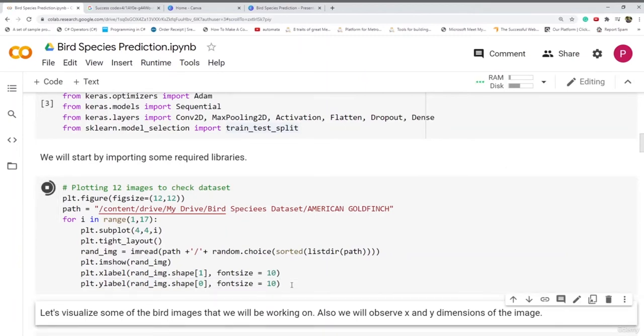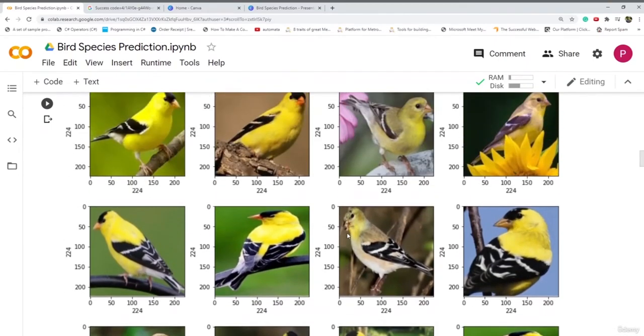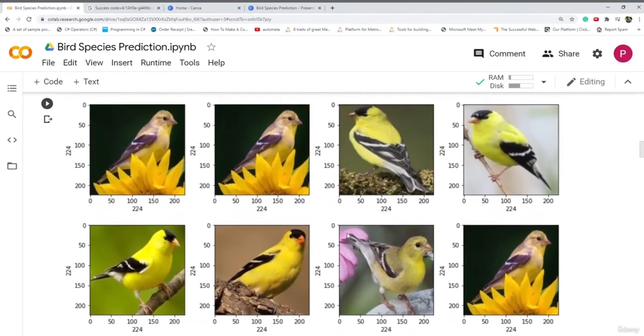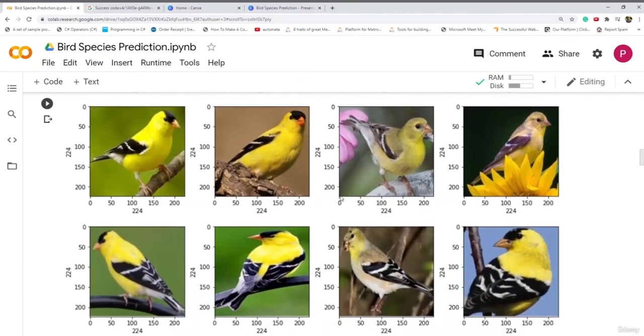So let's visualize those images and see what type of images we will be working on and what are the dimensions of these images. We should be sure that all the images have the same dimensions in order to create a model. Here you can visualize that these are the images that we will be working on. And as you can see here, the dimensions of the images are the same, 224 by 224 for all the images.